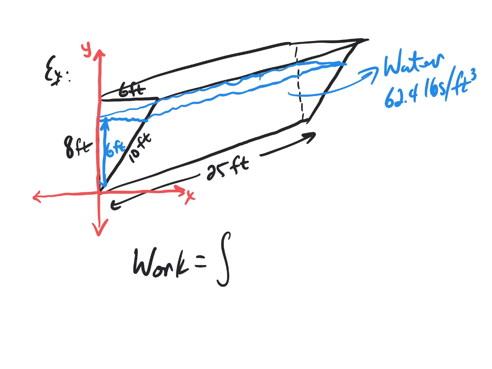And since the liquid is 6 feet deep, we're going to be integrating from 0 to 6. Then what we're going to be integrating is the weight density of the liquid, again just a given value, 62.4 pounds per cubic foot. Then we have the volume of every layer, and once again, I'm going to move that up a little higher